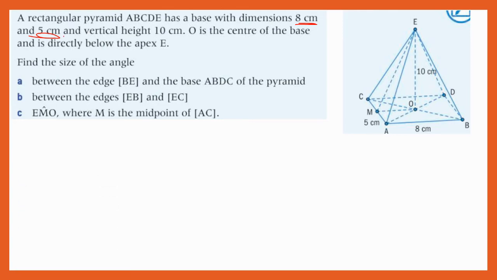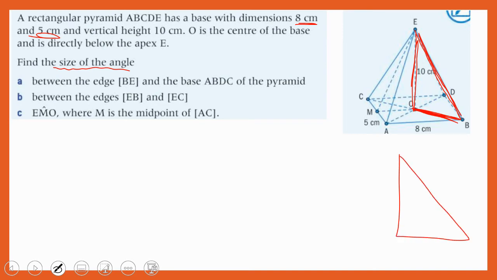For this first one, we're trying to find the size of the angle, right? So find the size of the angle between the edge BE and the base ABDC of the pyramid. So BE is this edge here, and the base would be the whole rectangular base. So generally what you're going to end up doing is drawing a step out triangle where this line here represents the base, the plane of the base. And so just drawing that out separately, labeling it,